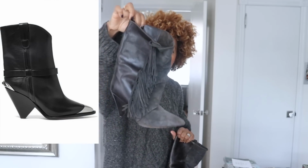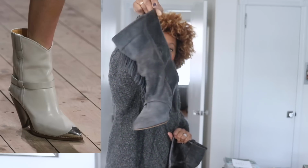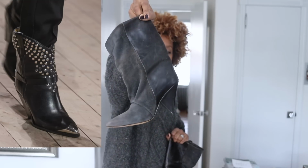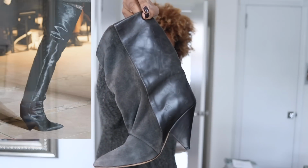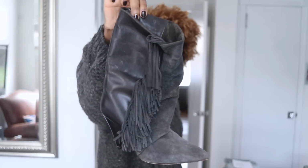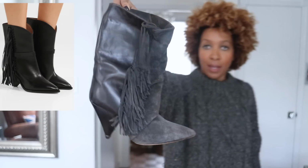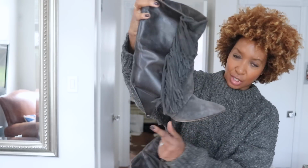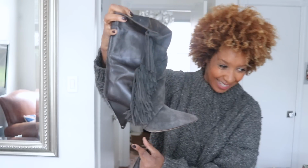I've noticed that Isabel Marant continues with this type of boot currently as we speak on the website. I'll show a few of them on the screen here, but it's her classic cut Western boot, and it just never goes anywhere. So you can see it, look at that, and that fringe, and that cone heel. Bloody hell, man, this is just...